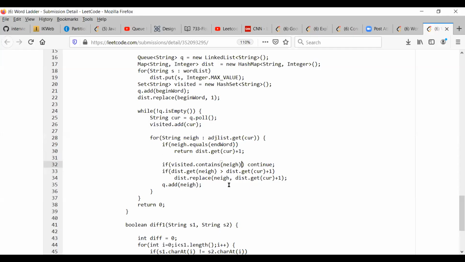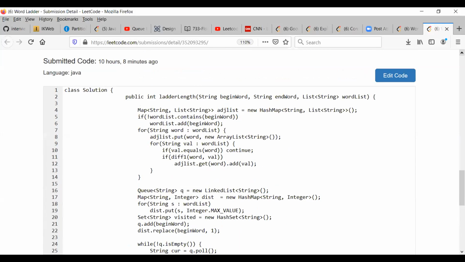Instead of the word, we have the index, and when we compare, we use the array. From the array, we get that value. Here, what he's saying is, instead of adding the value here in line number 12, we can just add the index from this word list.